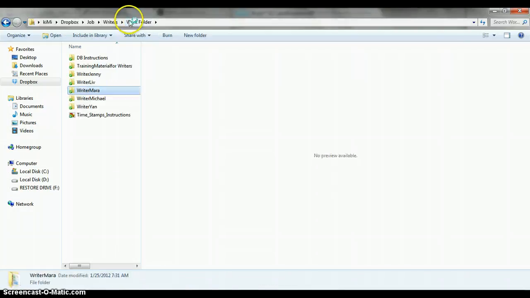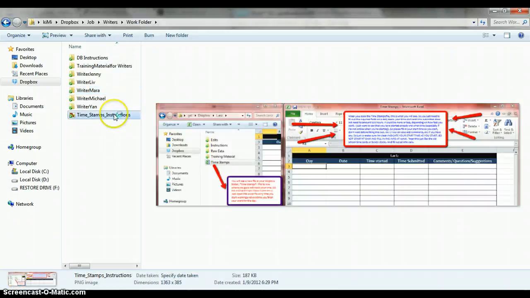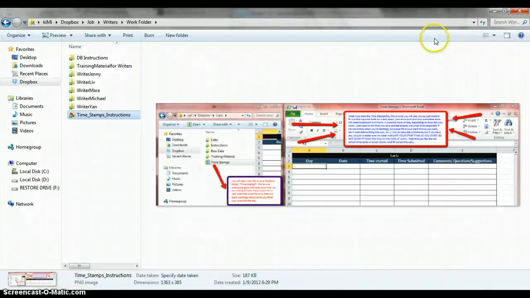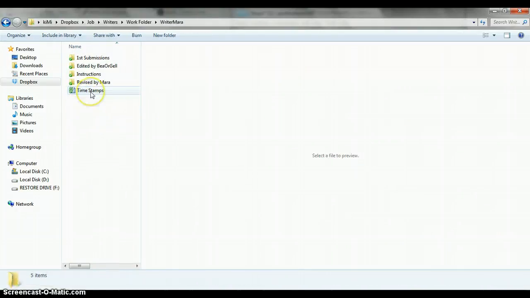Again, timestamp instructions are here. You can just open this screenshot and you will see some instructions there. They're pretty detailed, so I think that would be enough. All right, so open the folder with your name, for example. So just to explain each folder,